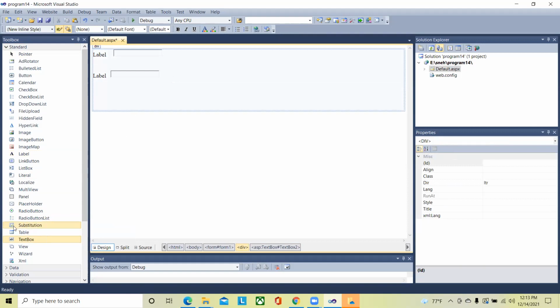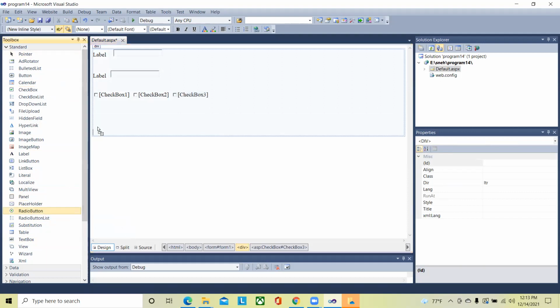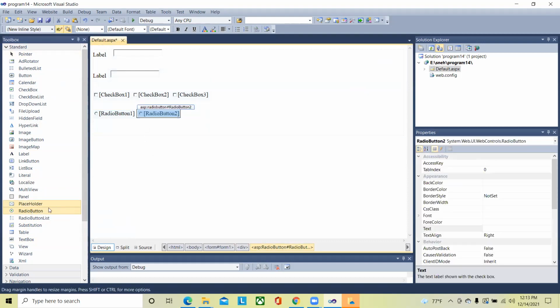And we need three check boxes. So here you can see all these are in the chronological order, in an alphabetical order, right? So we need checkbox number 1, give some space, take checkbox number 2, give some space, take checkbox number 3. All right, then come downside, and now we need 3 radio buttons. Take radio button 1, okay, go to radio button number 2, and then give some space, and then go for radio button number 3.